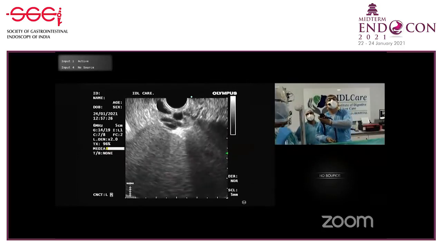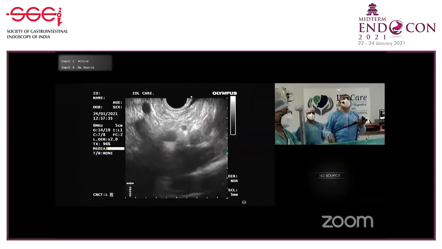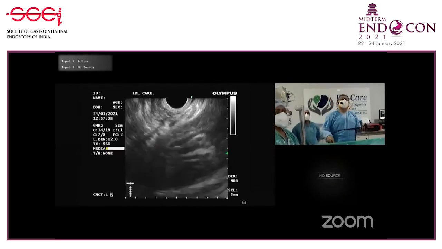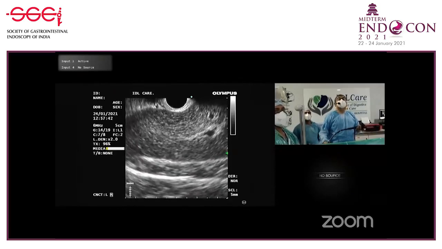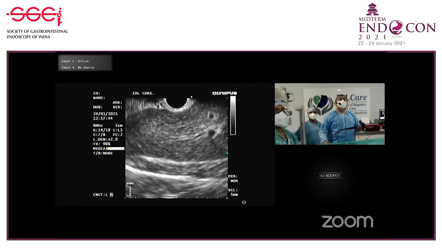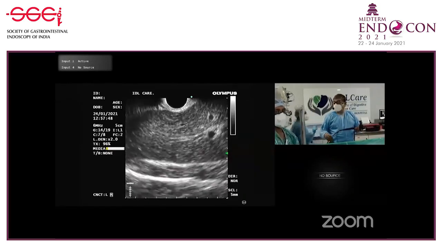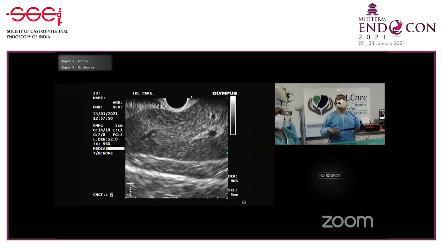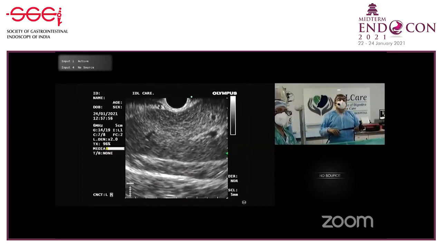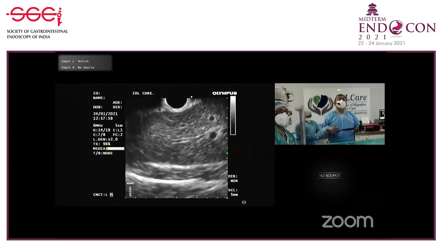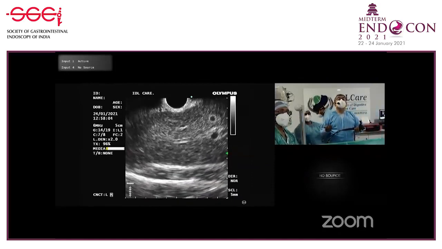So this looks like a normal pancreatobiliary examination with a little abnormal echo texture of the liver. So taking the liver biopsy, you can take liver biopsy from the right lobe as well as from the left lobe. The advantages of taking a liver biopsy via EUS is you can avoid the vessels, number one. Number two, you can follow up. You can see after the biopsy is done that there is no bleeding, and then you can send the patient home after 1 hour.